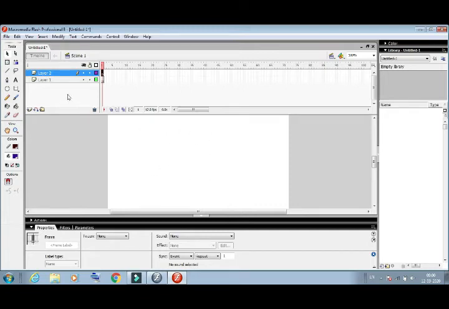And suppose you want to lock the layer, how can we lock it? First we select any layer, and then here is the lock icon, understand? With the help of this lock icon, you can simply lock all the contents of the given layer. Then you will not be able to add any contents to the layer once it is locked, understand?